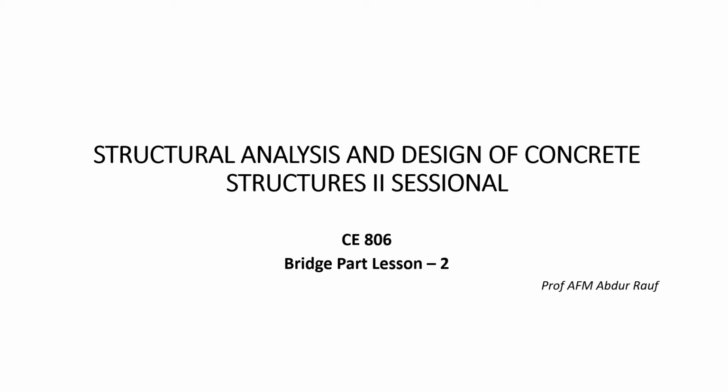In the previous lecture, we showed the long section of the bridge and had some calculations like the diaphragms. The diaphragms are the cross beams. At the support, the diaphragm is equal to the depth of the beam, and in the intermediate position, the diaphragms are 1 foot less than the depth of the beam. And from there, we had some